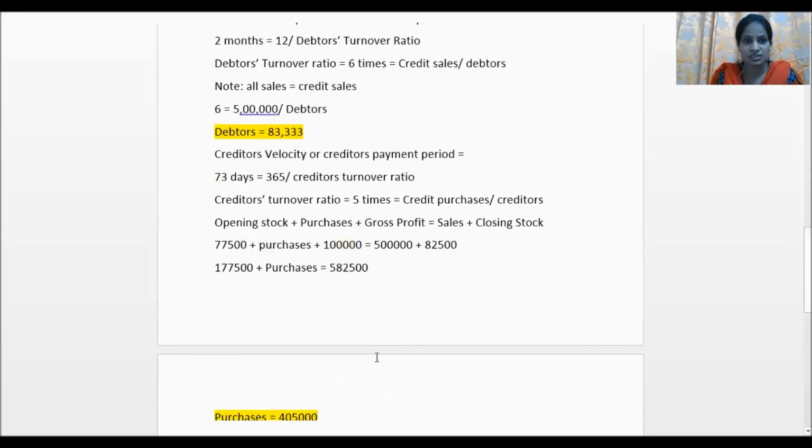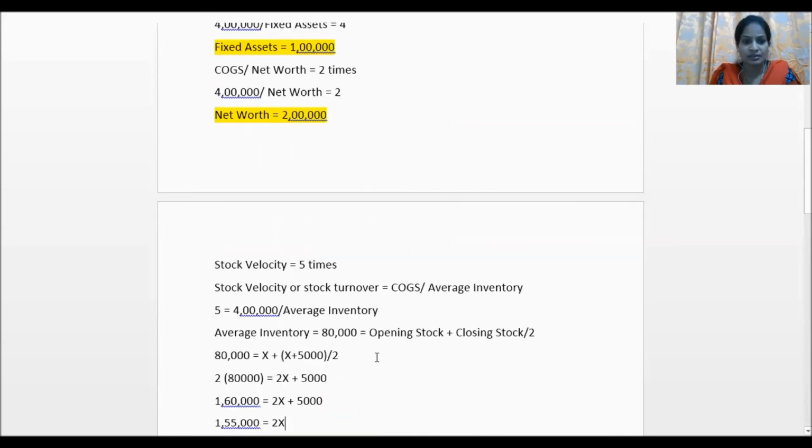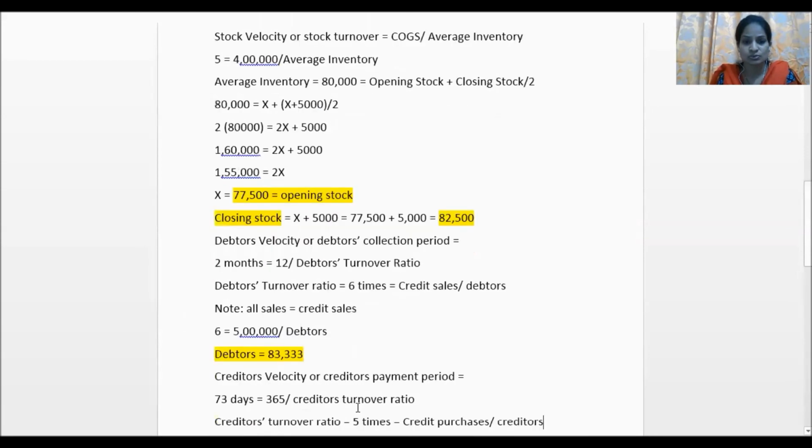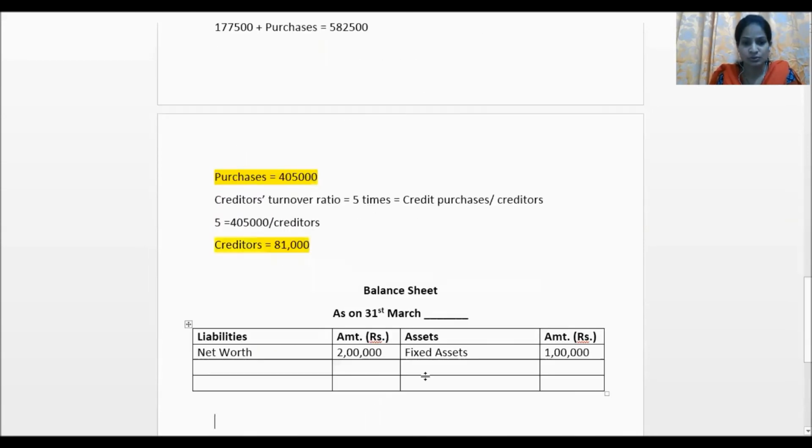Now go back, just check what else we have found out. Next, opening stock we record in the profit and loss account again, we will not cover it here. Closing stock is 82,500, which we have to show under the current assets, and in the same way debtors also under the current assets. We'll just go to the format and show it. So we are going to show current assets separately, as the main heading current assets, and under current assets we'll show the different current assets that we have. So first closing stock, and then debtors.